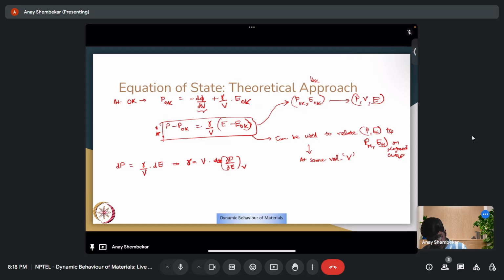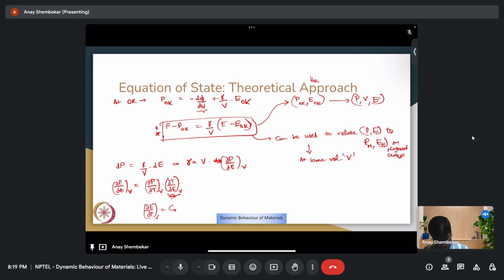So you have ∂P/∂E at V equaling ∂P/∂T at constant volume times ∂T/∂E at constant volume. This we know, change in internal energy with respect to temperature is nothing but your